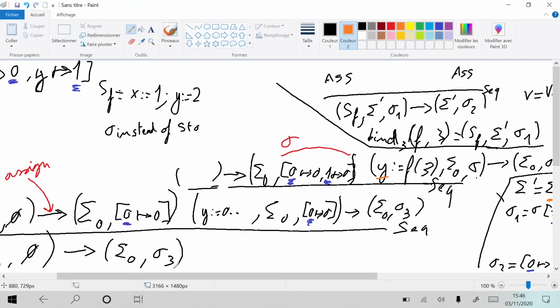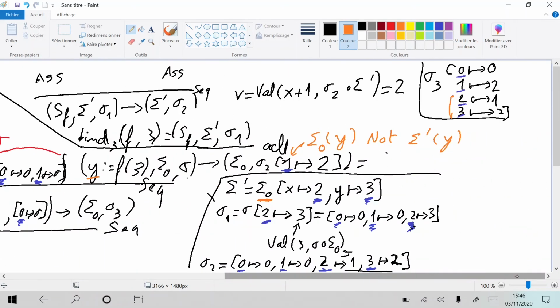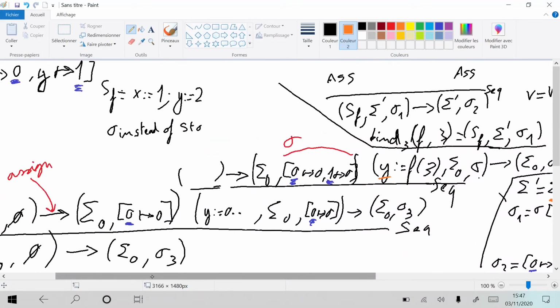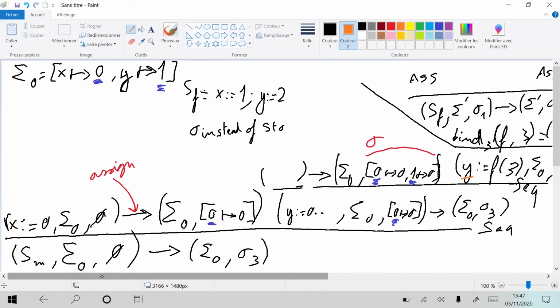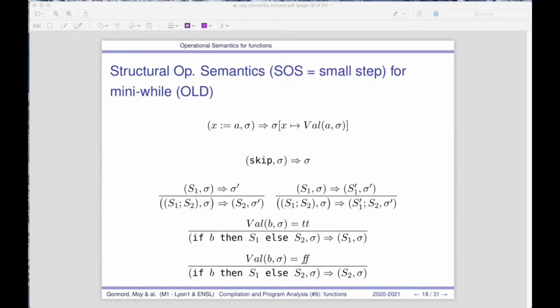So you can compare with the other semantics and realize that at least the values corresponding to the variables that are accessible are the same, and so we finish the main in the same accessible state at least. If you remember from the